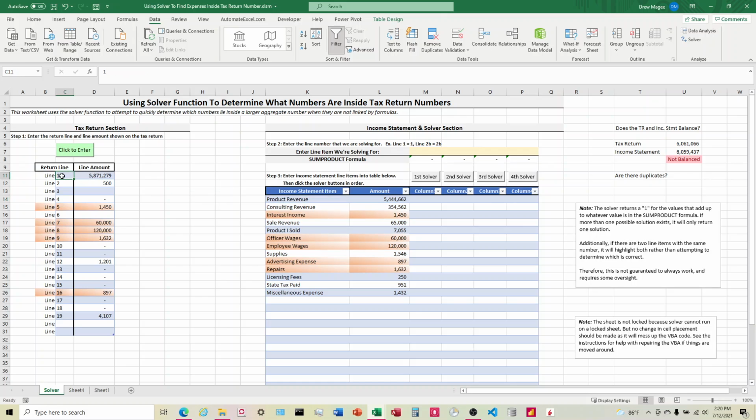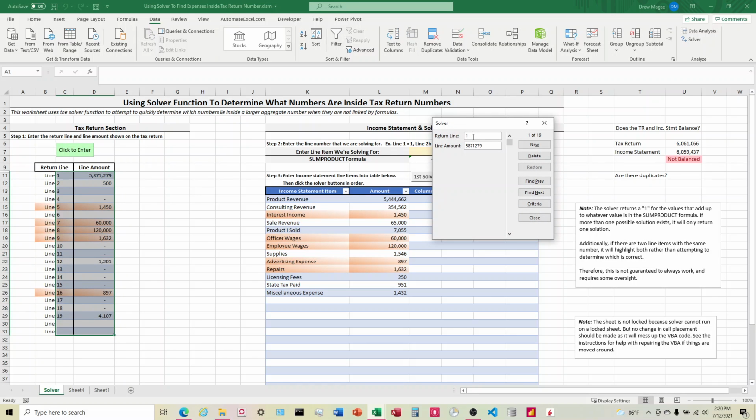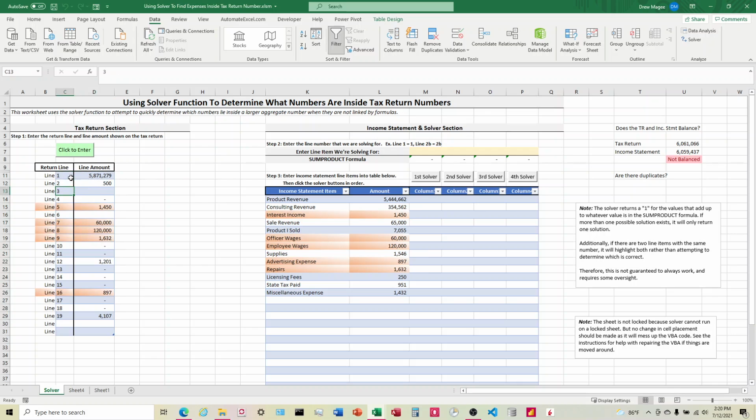So what's been done here is, the first thing you have to do is enter the return line numbers. Probably just say return line numbers. Return line might be confusing. Let's leave it at that. You're going to enter 1, 2, 3, and then we enter the statement on the tax return. Here, I've tried to use the form function so that I can enter it here, but I don't know that it really does anything. It's probably just easier to enter it directly in here, so I'll probably just ignore that. But anyway,